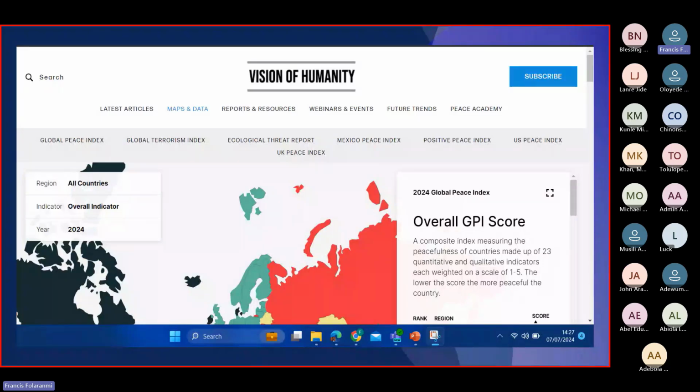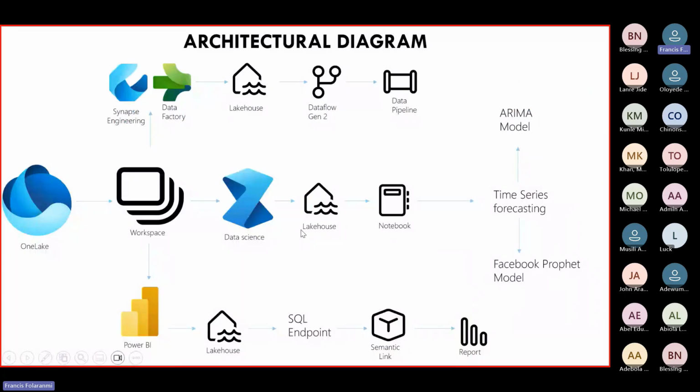Before we go into the demo session in full, this is the architecture of the problem we are going to be solving. As we all know, Microsoft Fabric sits on a OneLake environment, which is your data environment. What OneDrive is to Office is what OneLake is to Microsoft Fabric, where all your data is stored.